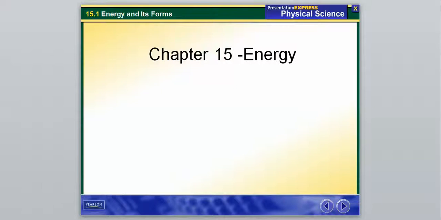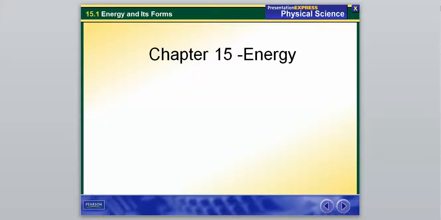Science. This is Mr. B, and we are starting a new chapter today. The title of this chapter is energy. This is a word that gets used a lot and probably has multiple meanings depending on what you're talking about, but from a physical science standpoint, it's going to be directly related to work, which was one of the main topics of our last chapter. So we're just going to jump right into it.